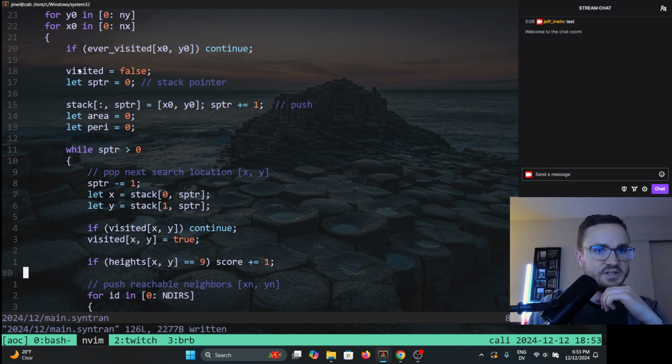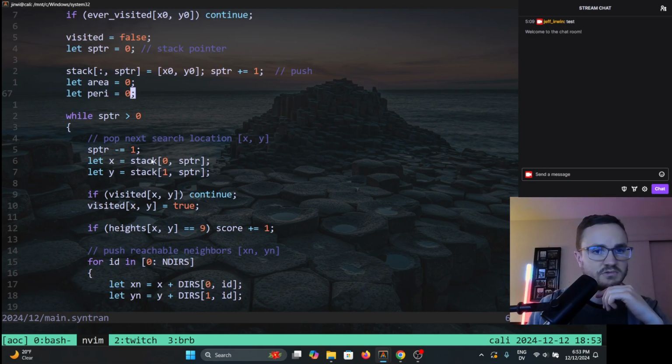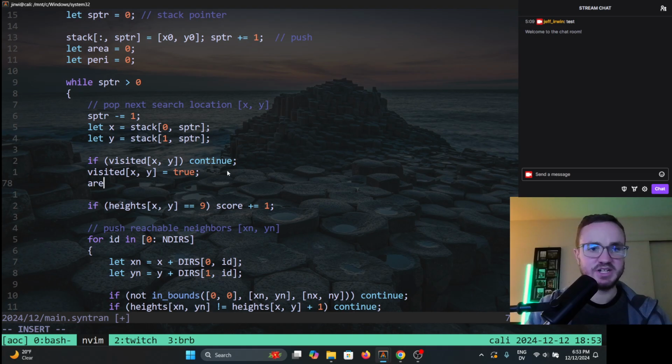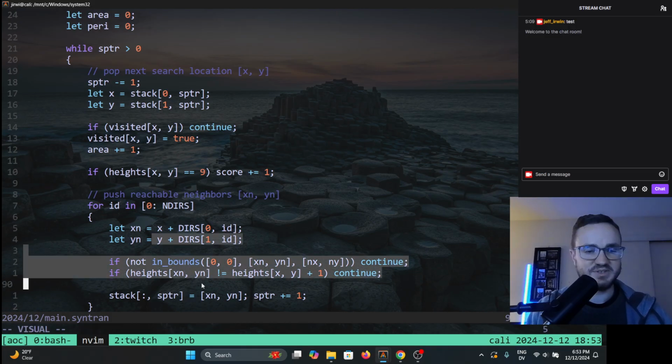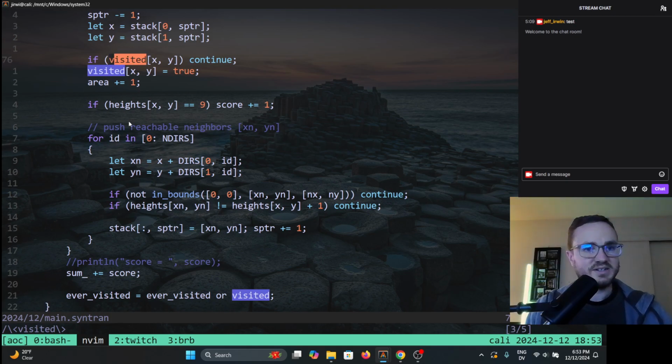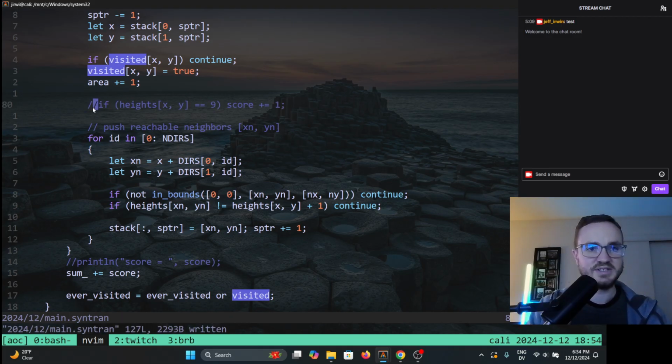So we have visited. Pop from the stack. We don't revisit locations multiple times. So when we set visited, that's where I want to add to my area. Basically, wherever you do this, that's the right place to increment the area. You don't want to do it before this continue statement or too much later, like inside this loop where it's not anywhere near the visited guard. This is some random stuff from 2 days ago, so I don't need that. And then